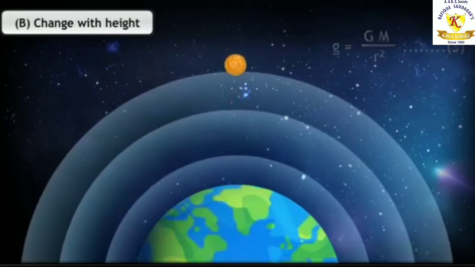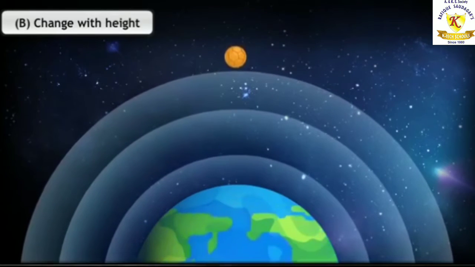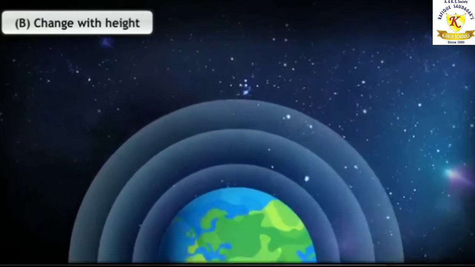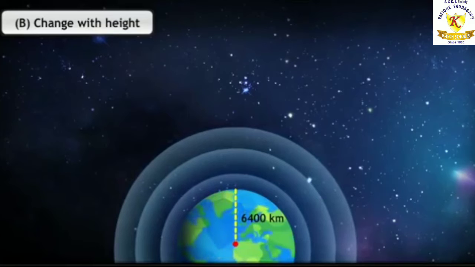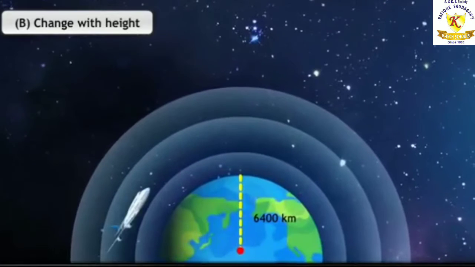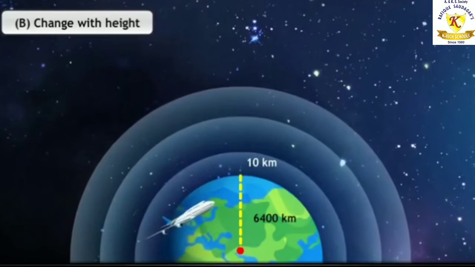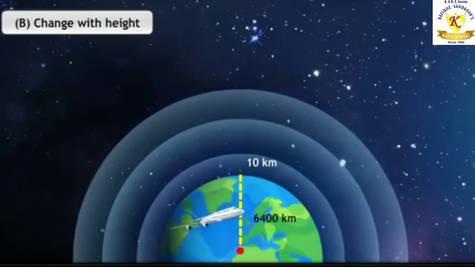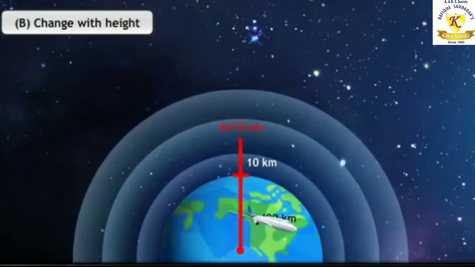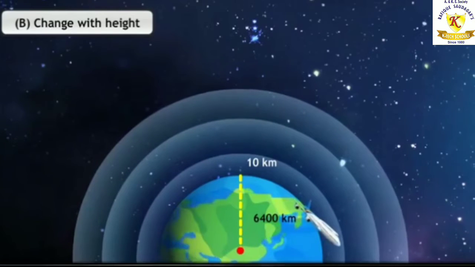However, the decrease is rather small for heights which are small in comparison to the Earth's radius. For example, remember that the radius of the Earth is 6,400 kilometers. If an aeroplane is flying at a height of 10 kilometers above the surface of the Earth, its distance from the Earth's surface changes from 6,400 kilometers to 6,410 kilometers, and the change in the value of g is